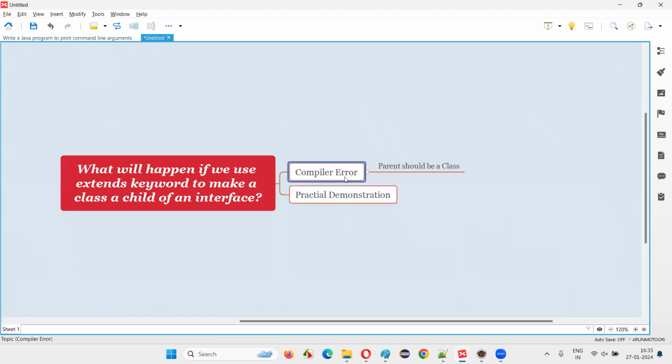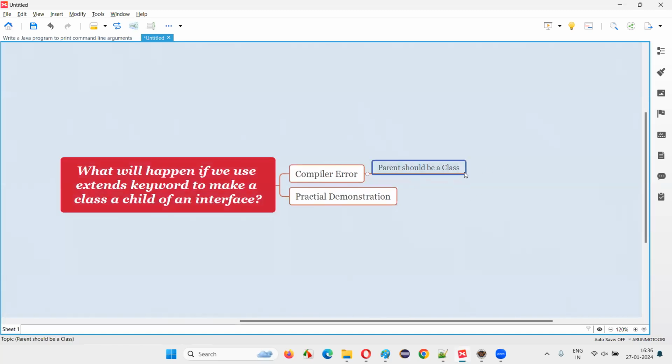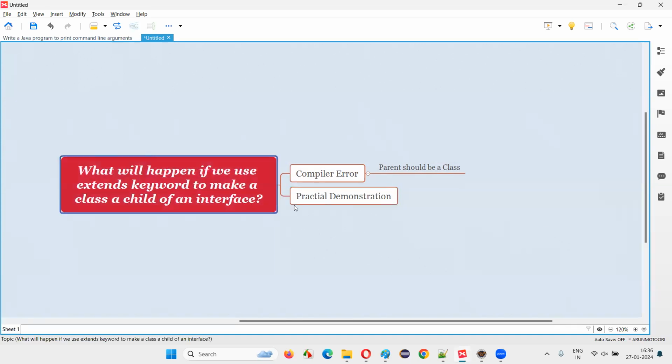And the compiler error message will sound something like, parent should be a class. When you are using extends, parent should be a class. It should not be an interface. That's what Java means. So with a practical demonstration, I'm going to explain the answer